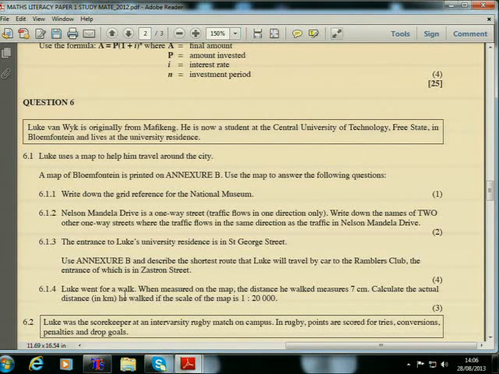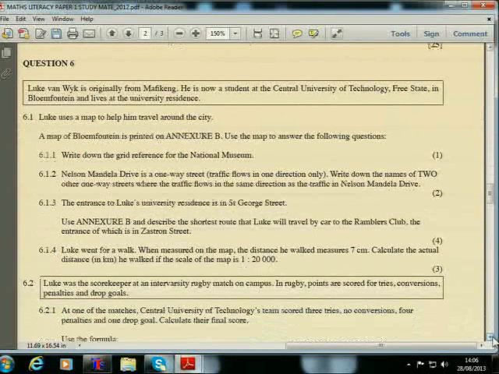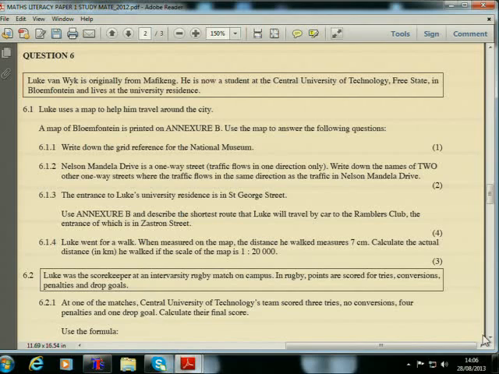We go on to question 6.1.4. Now we are going to do some calculation here. Question 6.1.4 says Luke went for a walk. When measured on the map, the distance he walked measures 7 centimeters. That is now the distance on the map. Calculate the actual distance in kilometers that he walked, if the scale on the map is